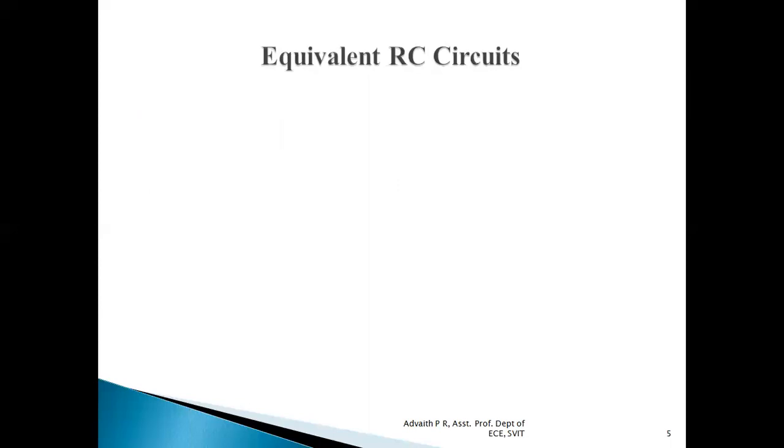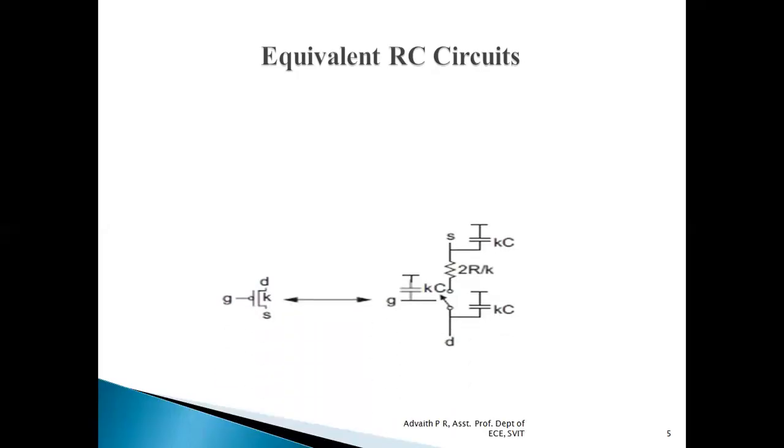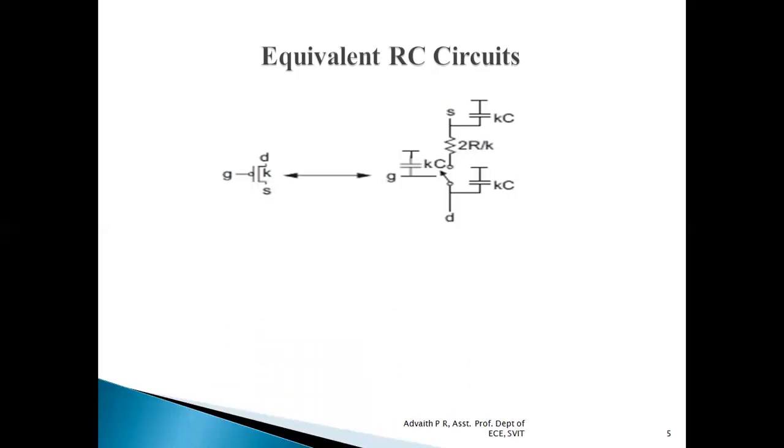So let us have a look at how the NMOS transistor and PMOS transistor can be modeled using both resistors as well as capacitors. First, let us focus on the P-channel MOSFET. A P-channel MOSFET consists of three major terminals. Here, for theoretical purposes, we consider three terminals: source terminal, drain terminal, and gate terminal. In addition to this, we have the body or substrate, which is not shown in this particular symbolic representation.